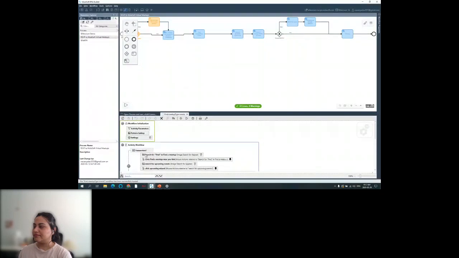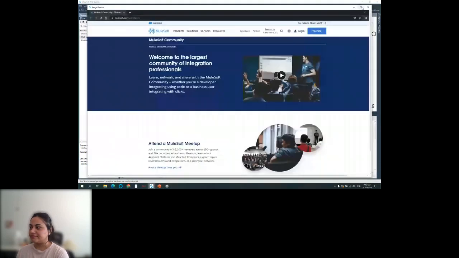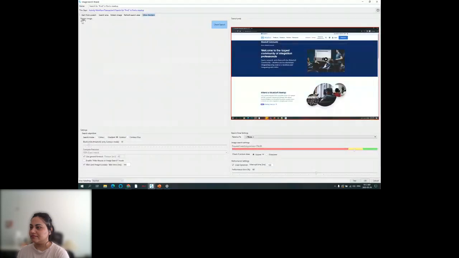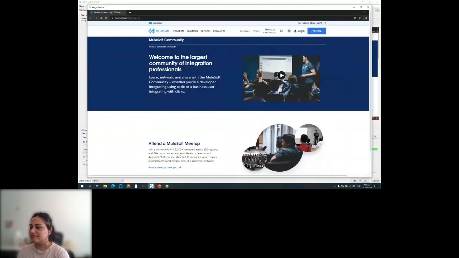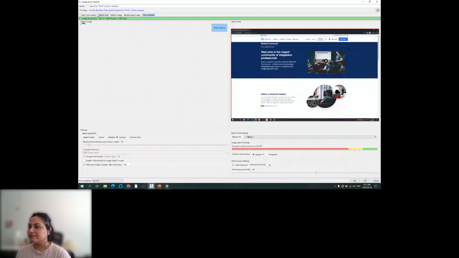Now, you can see here there is a thing called search for find a meetup here. I have done this coding already. If you see here, the search area is find. I know it's not visible properly. Here it is find, and I am capturing from the whole screen. You can see here this find. I'll show you how to do that. So if I close this, I can test whether it will work or not. If I click on test, it says image found at x, and it gives the position as well.